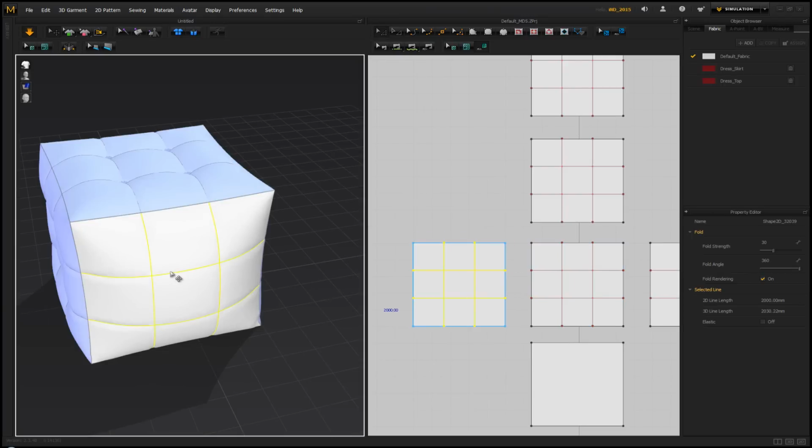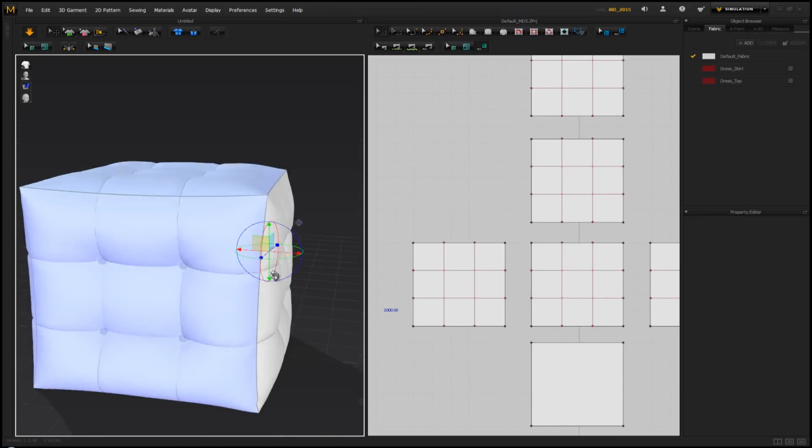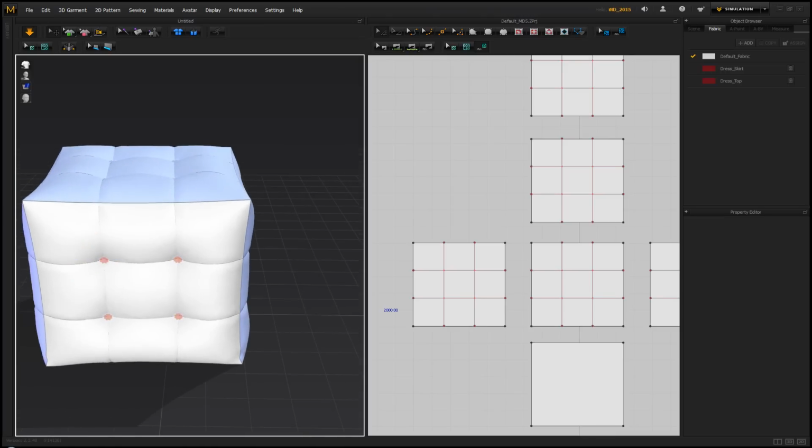Alright, awesome. So hold on W, put it inwards, select them all, move and go, pull in. Alright,